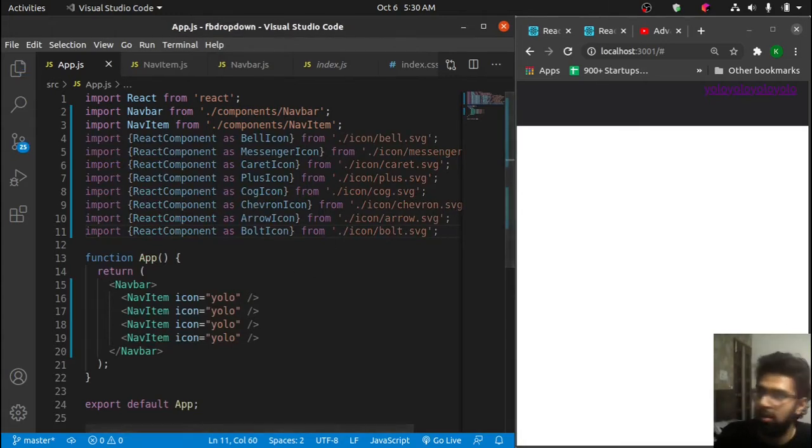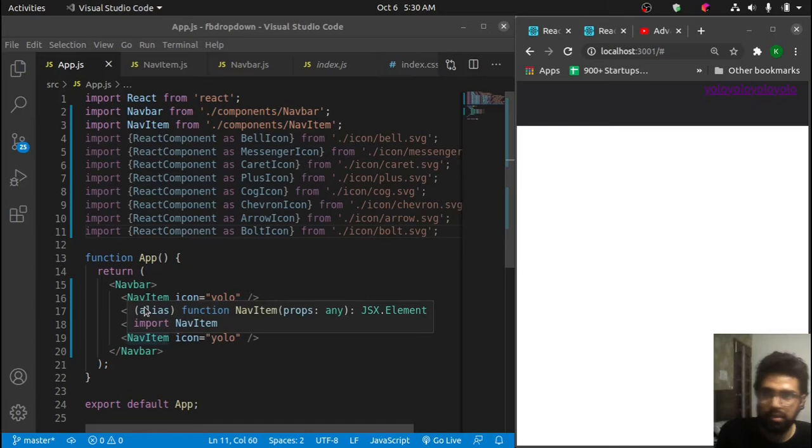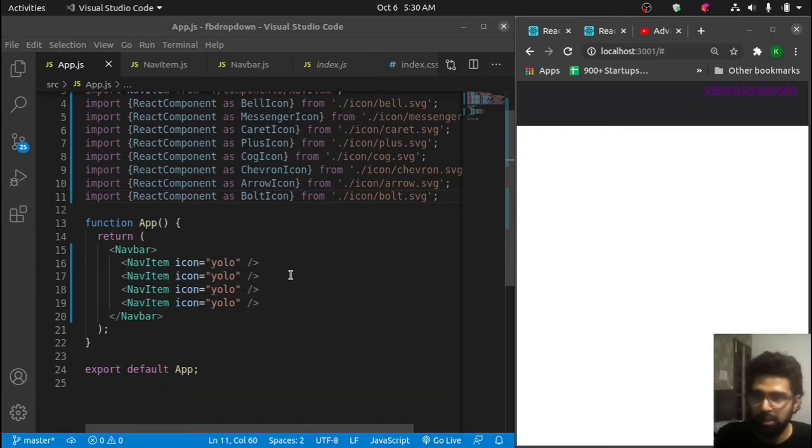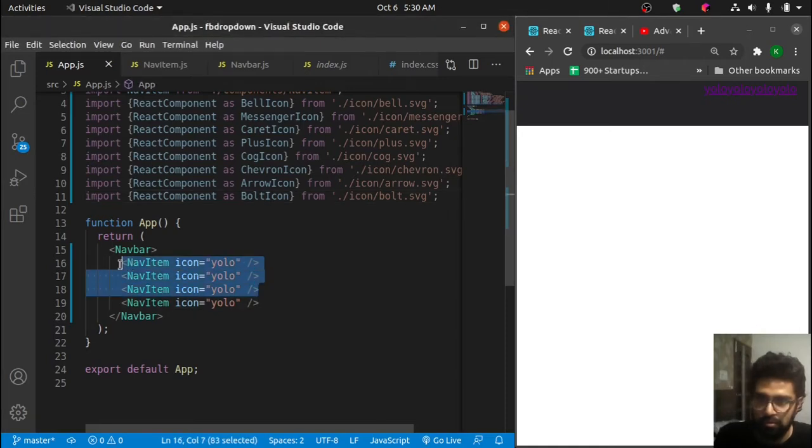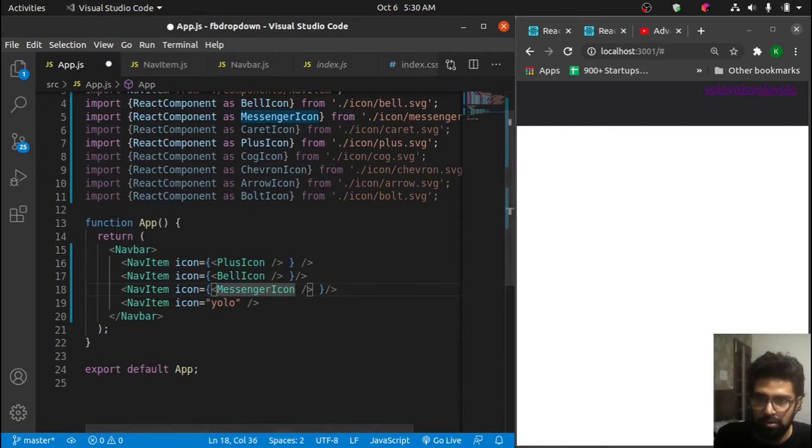So yeah, I used a bunch of icons from here, and you can directly use that from my GitHub repo link, and then let me just copy